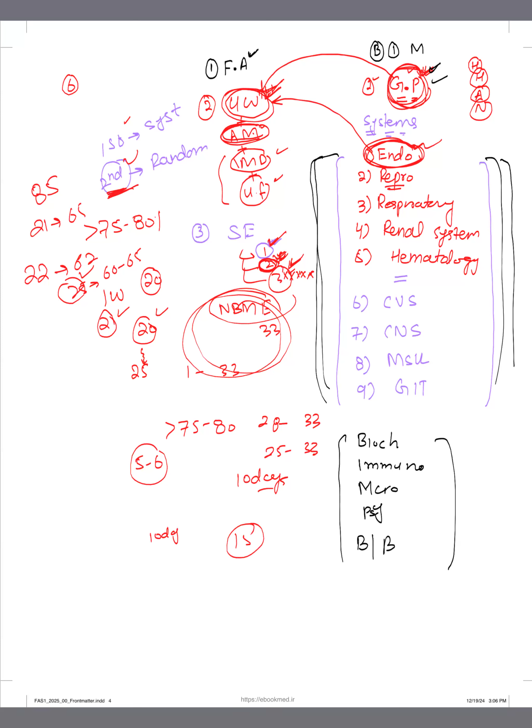And after that you have Free 120. When you are done with the NBMEs, you have Free 120. Nowadays there are new Free 120 and old Free 120, but whatever the kind is, you should start to solve the Free 120 3 or 4 days before your exam. When I went for the exam, these were the Free 120s which really helped me, and which I found helpful in the exam,